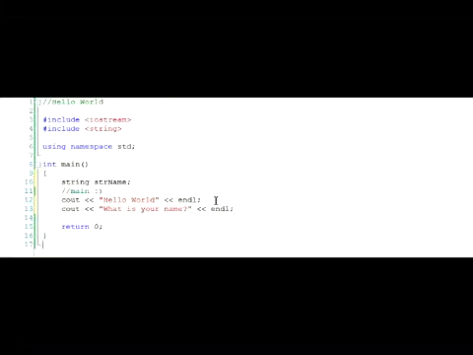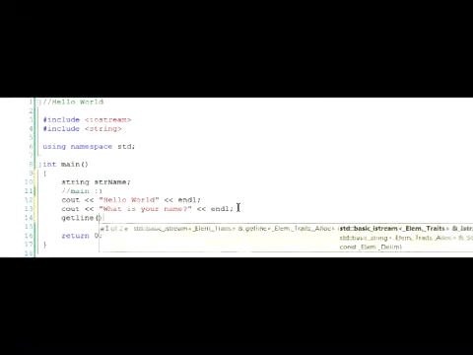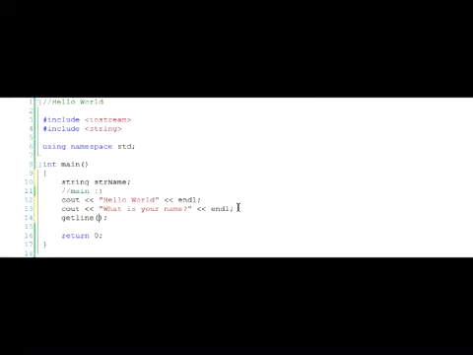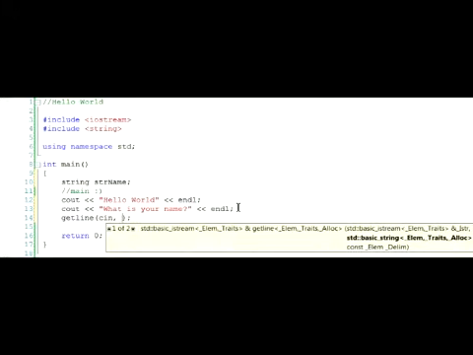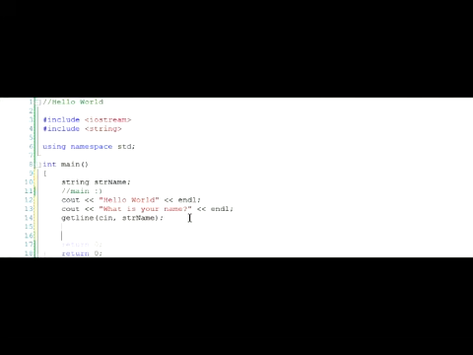Okay, so now it's gonna say what is your name, and this is how you enter it. Getline parenthesis semicolon, then cin, and you'll be shown how to do that later on. cin, and then strName, or just the name of the variable that you need to get cin'd. And then just to show that we got the right name, we can do